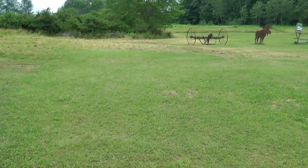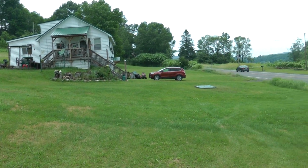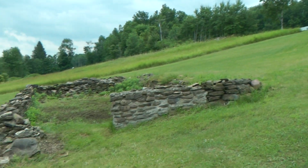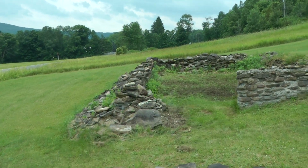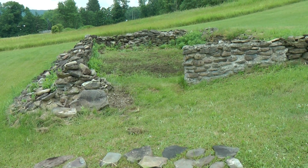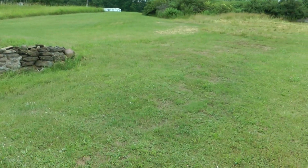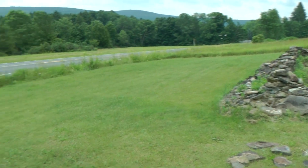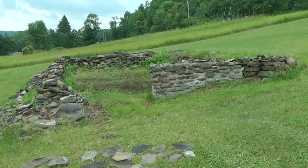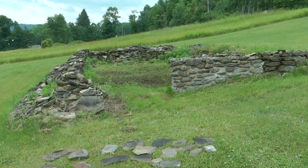Just looking around. It's June 23rd here, Sunday, and I wanted to make a video about this foundation. This foundation, to the best of my knowledge, was built here in 1770. Its original use was a hop drying room. And this farm used to grow a lot of hops, and the hops were intended for General George Washington's army in the 1770s. And I don't know what the history was after it was a hop drying room, but